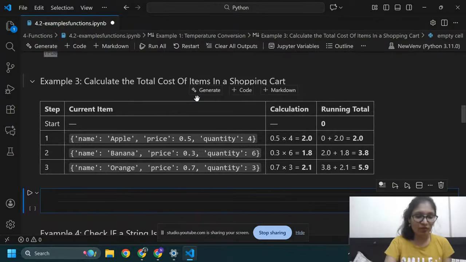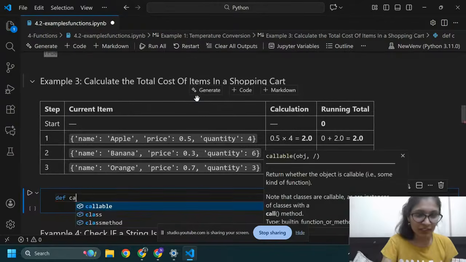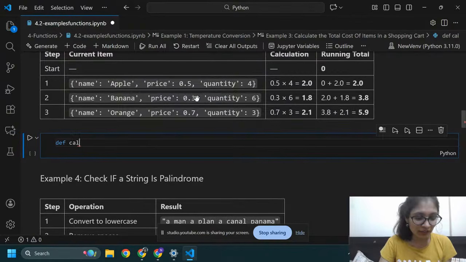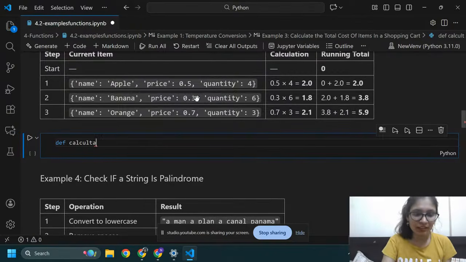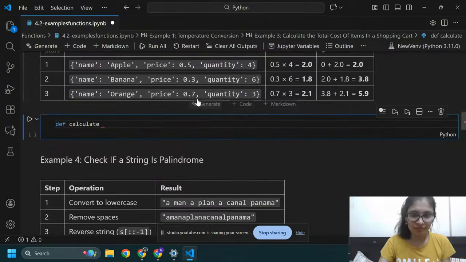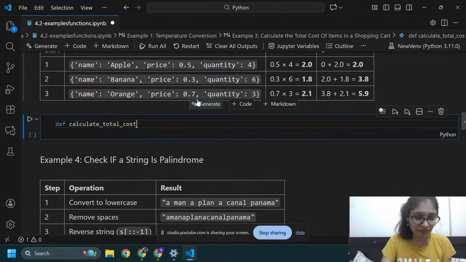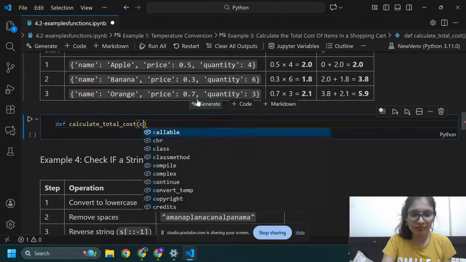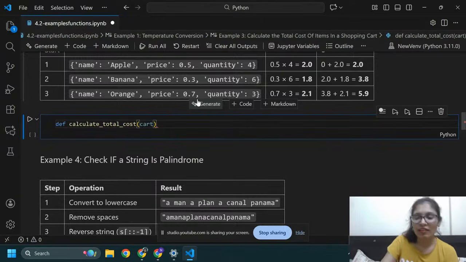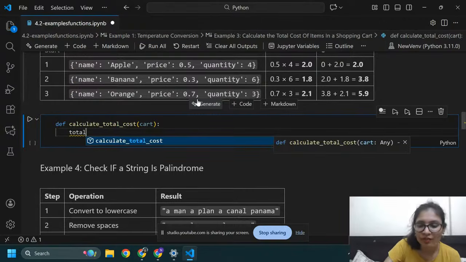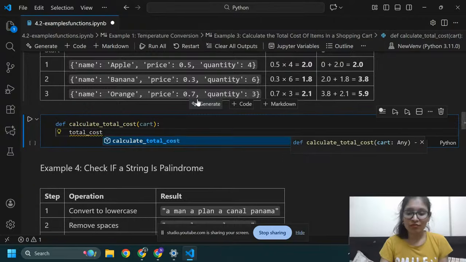So here I'm going to write the code: def calculate_total_cost, and here I'm going to pass cart as a parameter. Initially we have total cost equals 0.